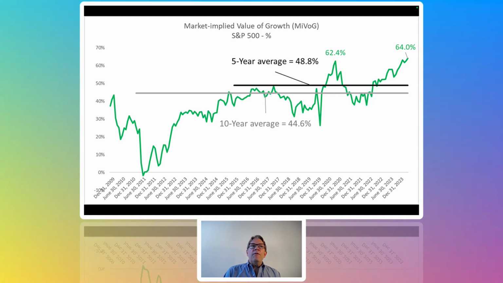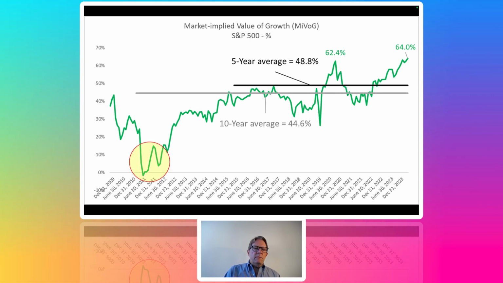Now, I'd like to go further back, but '08 and the financial crisis blows up the chart because of that mixture. So I'm trying to put some numbers together before '08. Preliminary data suggests that this is the highest we've had in 25 years. I'll come back to that. Other people may want to do the work. The second thing I'm working on now is to pull out the Mag 7 and look at the S&P 500 separated from the Mag 7. Once I have that done, I'll pop on a new video.